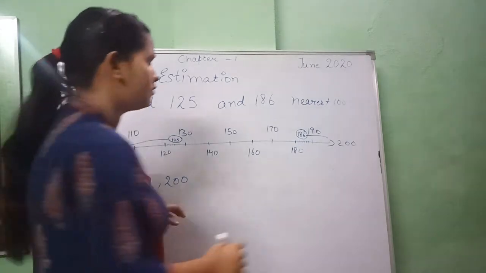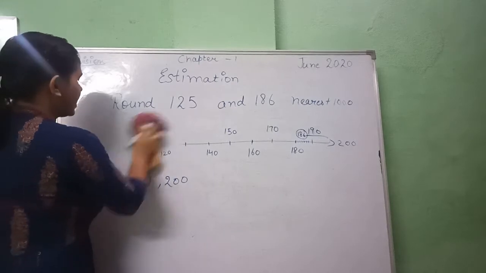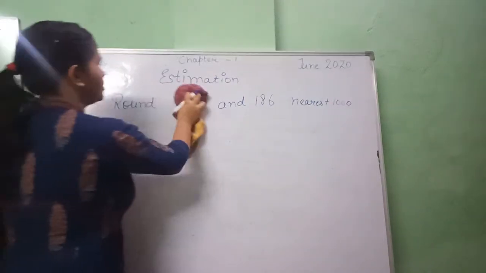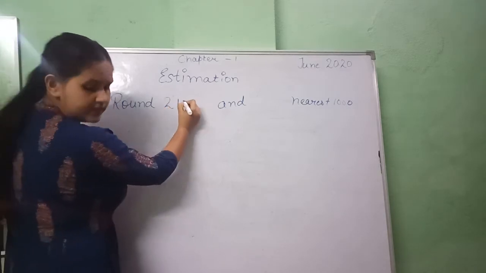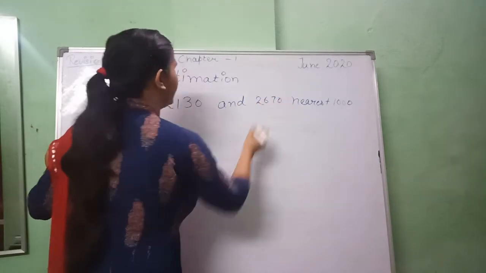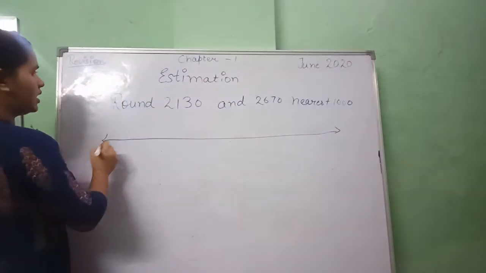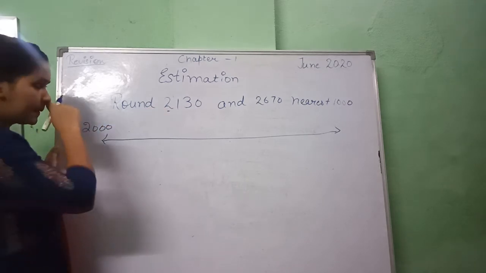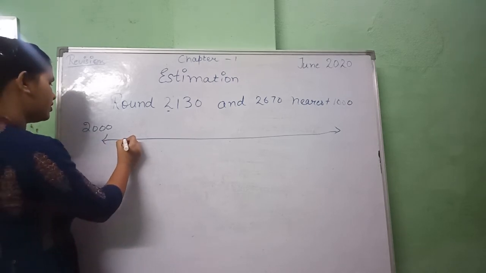In the same way, when we take 1000 here, we have to find it from 1000 to 2000, because we are going to find it in thousands. So we will take the round of numbers. For example, if you have 2130 and you have 2670, we'll take a line. Here will be 2000 because it's starting from 2000. We will take 2000 here, and now we will count like this. We have 2000, then we will have here